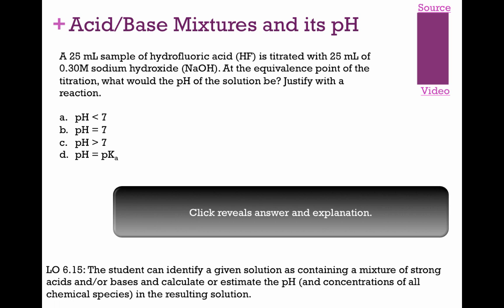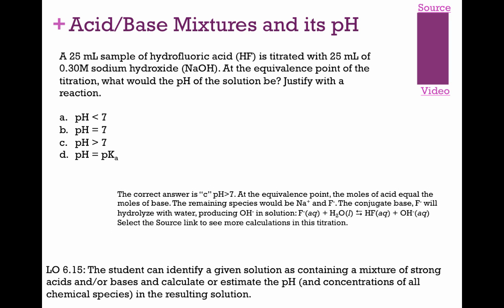So acids and bases and their pHs. Here's an example question. You have a 25 milliliter sample of HF titrated with 25 milliliters of sodium hydroxide. At the equivalence point, what would the pH be? Justify with a reaction. So a little bit different now, justifying with a reaction rather than a calculation. And so you are titrating. HF is what kind of acid? It's a weak acid. So you're doing a weak acid, strong base. So where would you expect the pH to be at the equivalence point? Above 7. Right? And the reason that it's above 7 is because we have